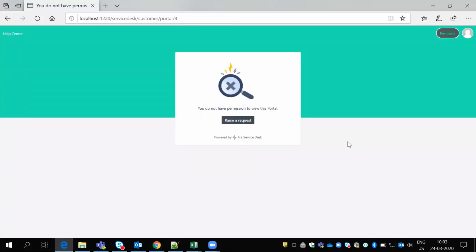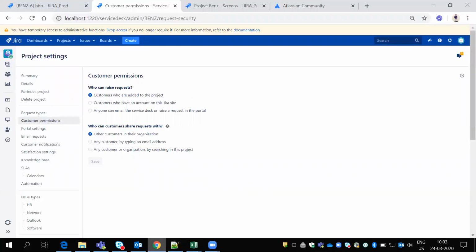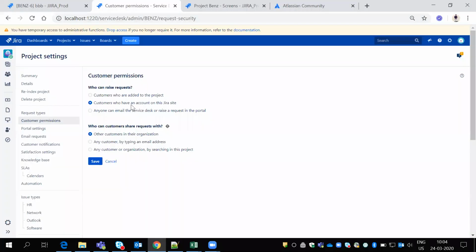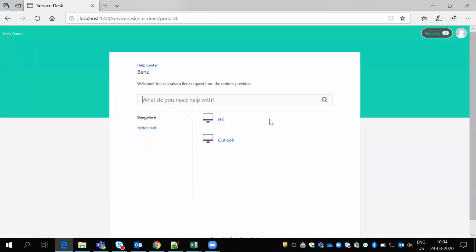There are no options to raise a request because I've restricted it to those who are added to this project only. So in this case, I need to add that person into that license group, and then add that person into the project roles. Then this person can raise a request. Okay, and if I provide the second option, customers who have an account on this site, who already have an account on this site, he doesn't have Jira access, but he has an account in Jira, right? So in this case, if I refresh this page, he can